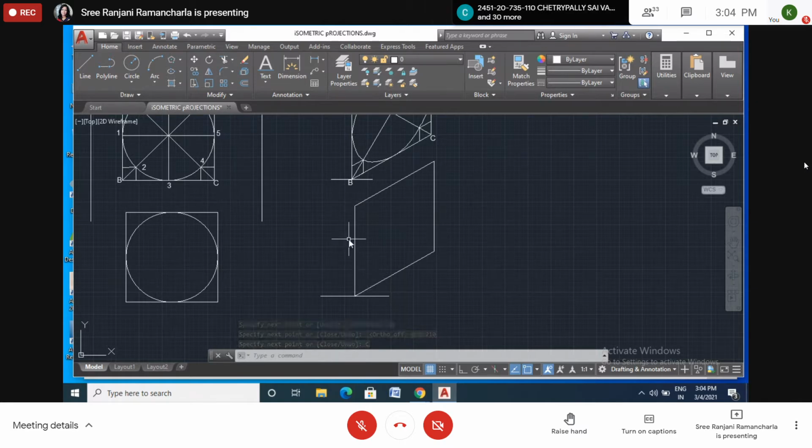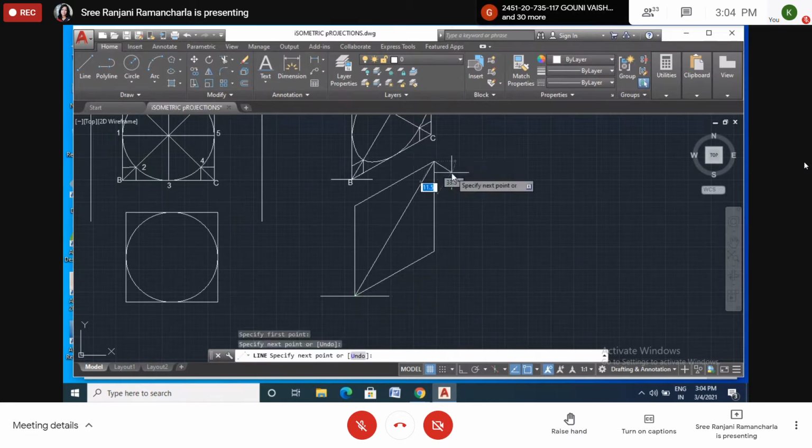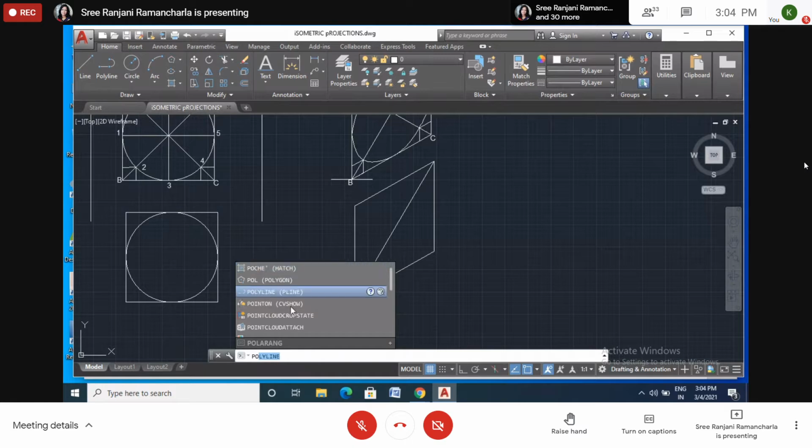Now here we have to draw the diagonal first. Now try to understand. First we have to draw the longer diagonal. This is the longer diagonal. Draw the longer diagonal, and we have to plot the center point. We have to plot the center now. I will take a point, PO point.